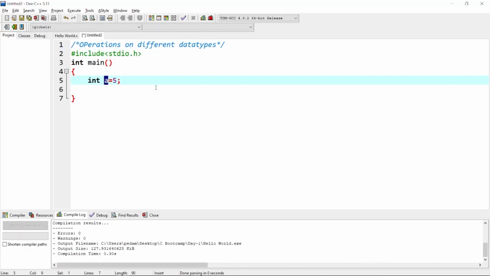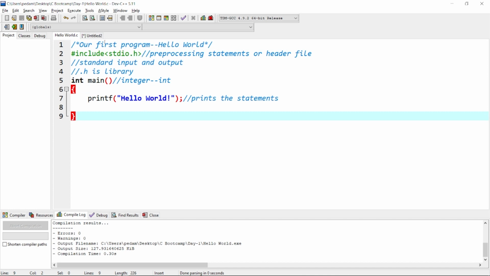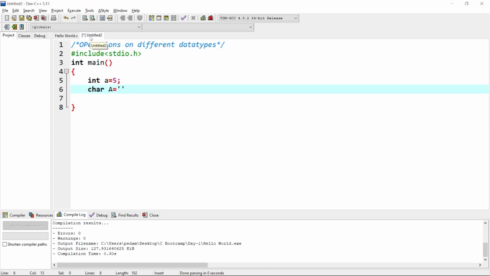So this is about int a equal to 5, and then char. See, if it is a data type, it is being bold. Okay, so let me write char capital A. Small a and capital A are different when you're doing this. So capital A equal to the value G. When you're defining something like this, it should be declared in single quotes and not in double quotes, as we wrote in the hello world program for the printf statement. Okay, we are going to write it in single quotes, and let me write capital letter G, and I'm going to close this, and let me print